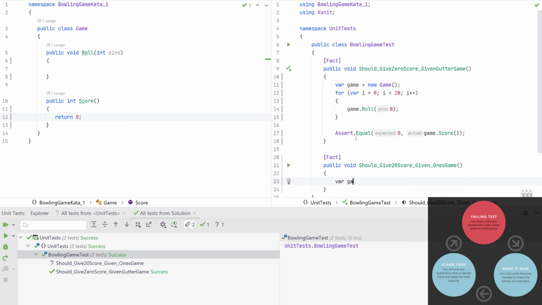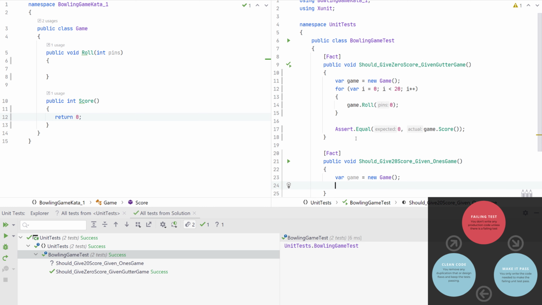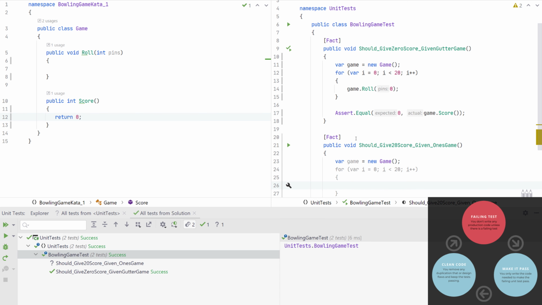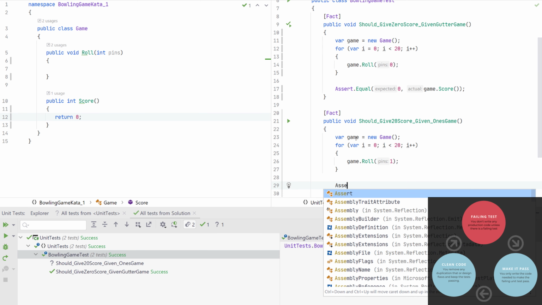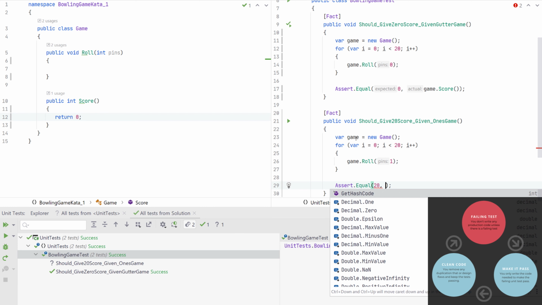So again, I'm going to instantiate the game. I'm going to roll a 1. And we're going to expect to see a score of 20.